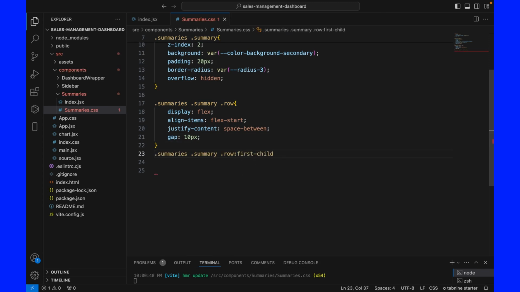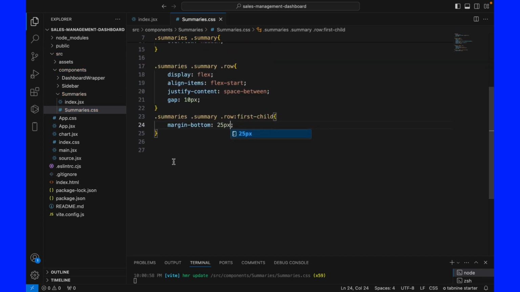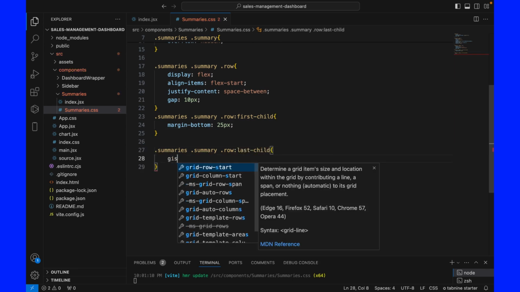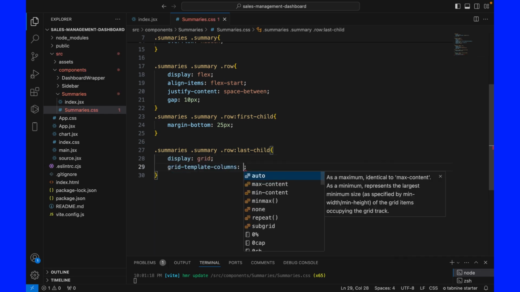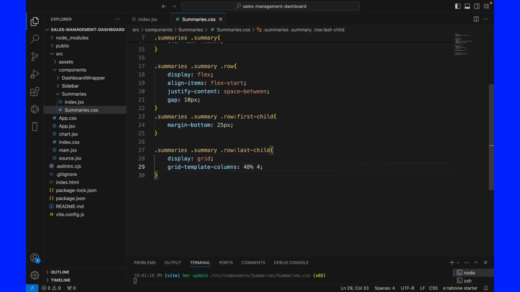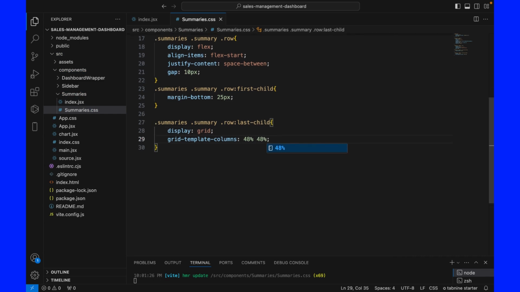So for the first child, that is the first row, margin bottom should be 25 pixels. Now for the second child, or the last row, I mean to say, display grid, template columns 48%, 48%,